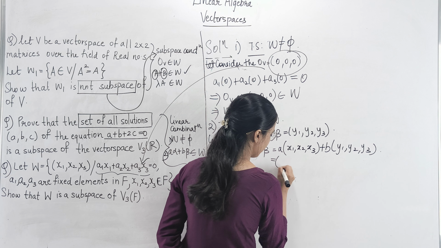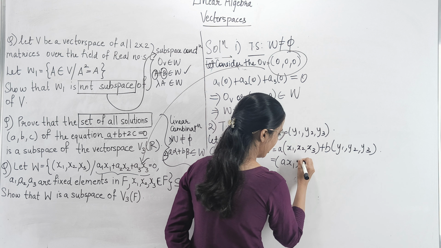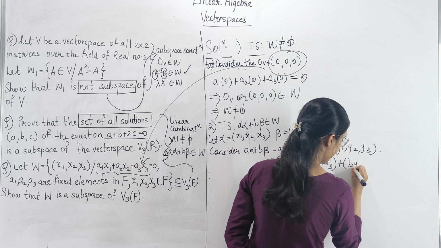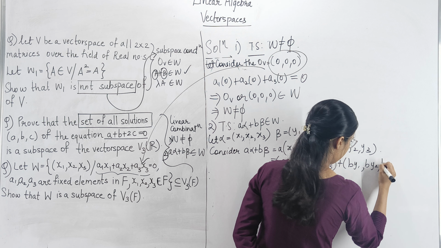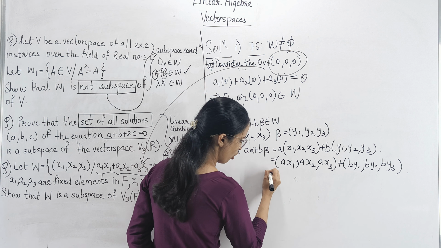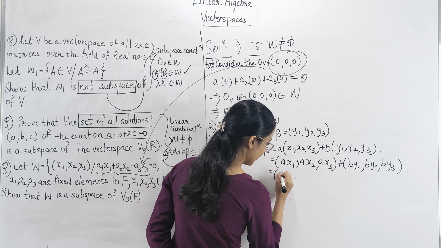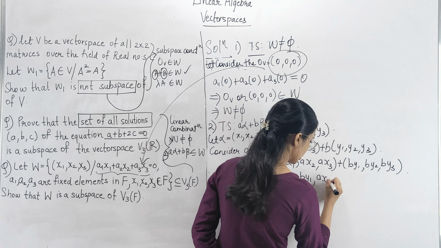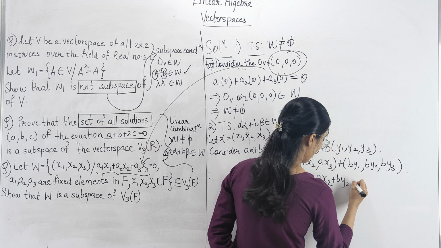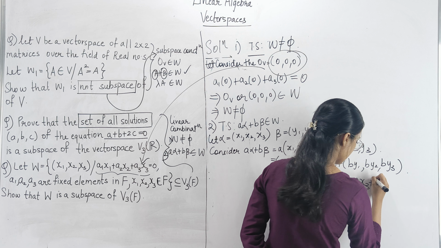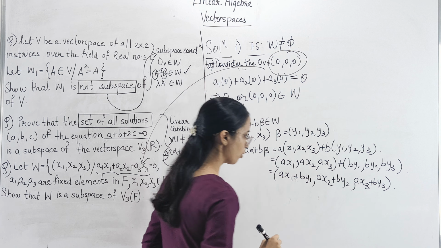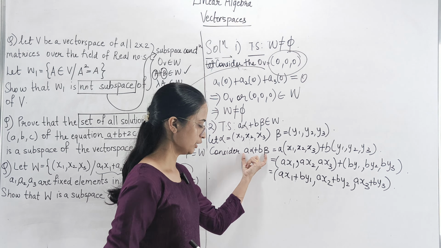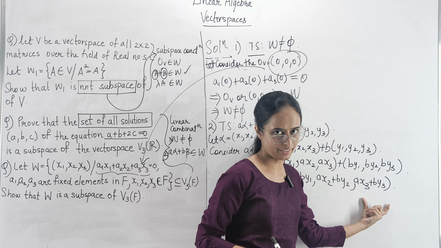ठीक है, so we will get (ax1, ax2, ax3) वैसे ही प्लस (by1, by2 and by3). अभी इसको और सिंप्लीफाई करते हैं. सो नाउ वी गेट (ax1 प्लस by1, ax2 प्लस by2, ax3 प्लस by3). तो हम लोग को एक टपल मिल गया. बेसिकली व्हाट वी आर डूइंग इज वी आर टेकिंग द लीनियर कॉम्बिनेशन और उसका इक्विवेलेंट टपल फाइंड आउट करते हैं.